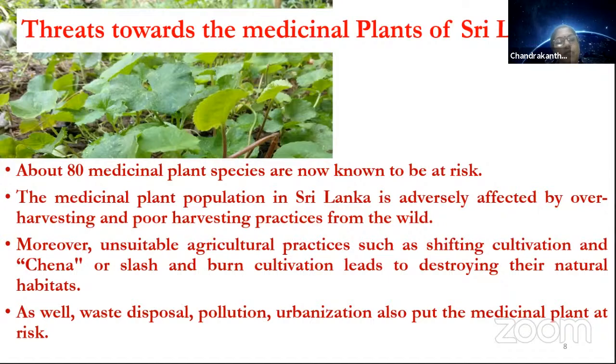About 80 medicinal plant species are now known to be at risk. Not just 1 or 2, 80 different species of medicinal plants. The medicinal plant population in Sri Lanka is adversely affected because of over-harvesting, because people are now attracted towards this traditional medicinal system. Over-harvesting is there, but we are not replacing what we harvest in the environment. That is another total foolishness we do. We just concentrate on harvesting, but we don't think about giving it back to the environment, that is, replanting these medicinal plants or